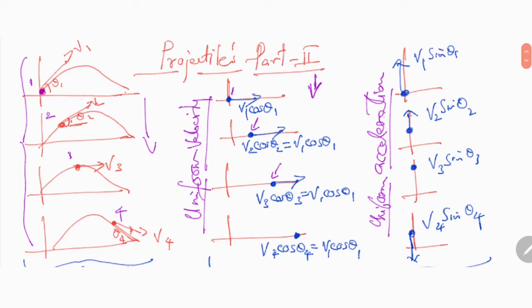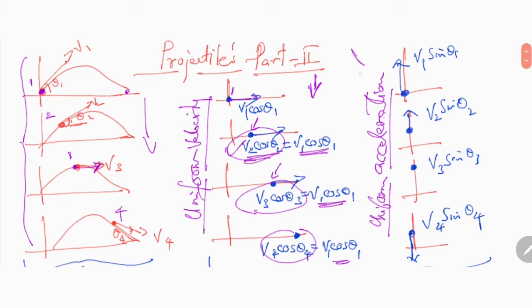Please recall Newton's law. Unless and until an external force is applied, there will be no change to the motion. If it is in motion, it will remain in motion. If it is at rest, it will remain at rest. So in this particular case, across the entire travel from the point of origin to the point of landing, the velocity of the ball along the x component will not change. It will remain as v1 cos theta or any of these values that I have mentioned here. It will be this or this or this. So get the idea very, very clear.